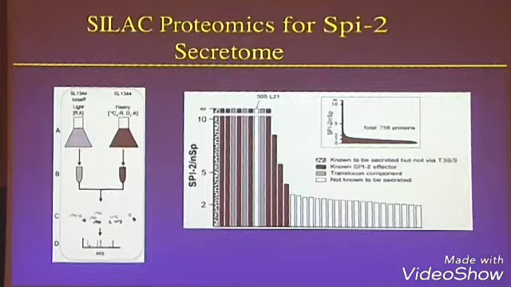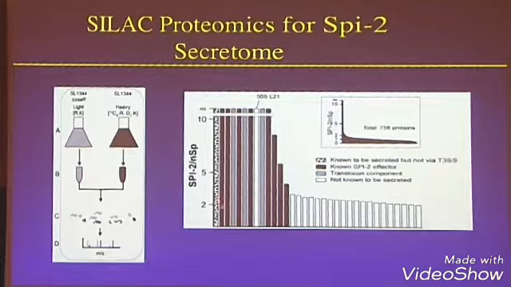And if the ratio of the two masses is 1, basically that means it's secreted under equal conditions here and here. But if the ratios are different, and if they're higher, say in the wild type versus this one, it means there's more in this than this. That hints that maybe because this SPI-2 type 3 is knocked out, maybe it's a SPI-2 secreted protein. So we did this, and it actually worked really, really well, because this is basically the list of all the proteins that have a high ratio being secreted in wild type compared to the type 3 mutant. And you can see we analyzed all these things here. And generally speaking, a ratio over 2 is kind of the noise cutoff level they use in these studies.